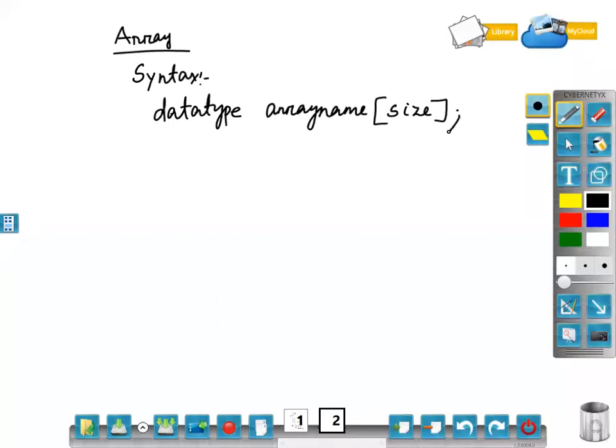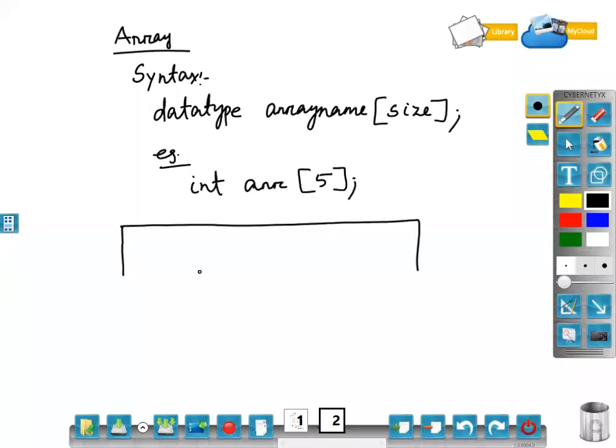So for example, suppose I want to store multiple values of integer type, then I will declare int, then any array name I can provide, 5. Clear? So whenever I am declaring like this, what will happen? Internally I am requesting for storing 5 different values. So 5 blocks of integer, okay, 5 blocks of integer will be provided to me to store 5 values, and the name of the variable will be arr.